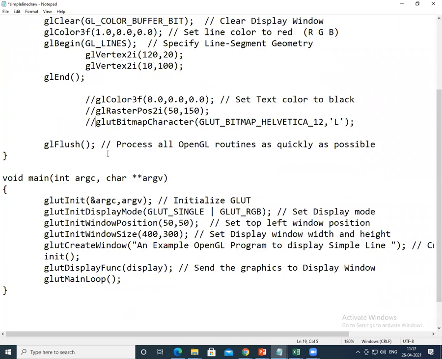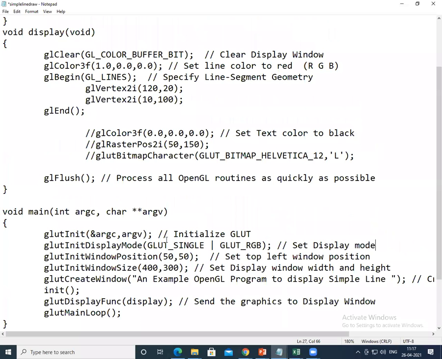And we have a main function. Initializing GLUT using the two arguments. You have a display mode, that is single buffering mode. Initialize the window position. Create the window size.